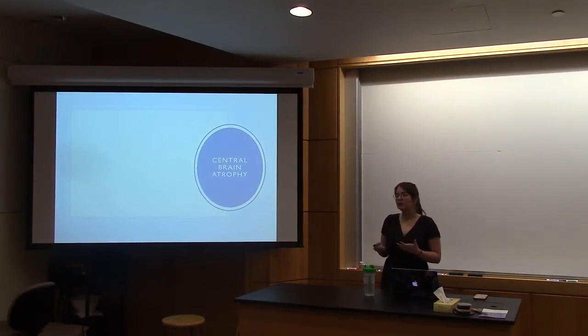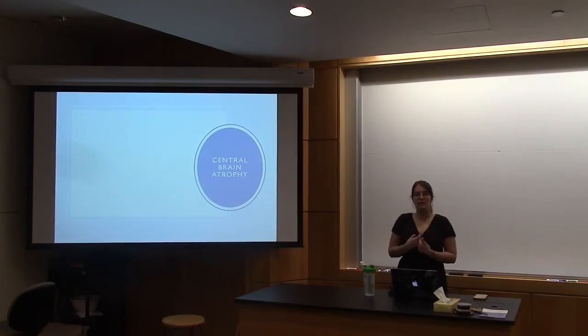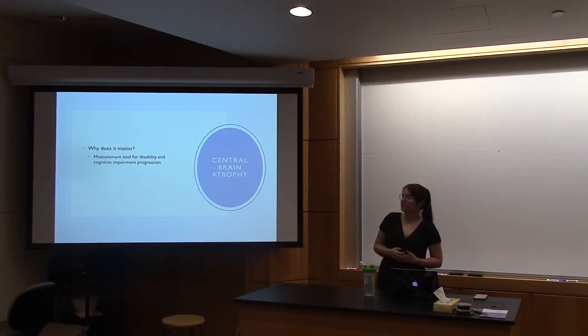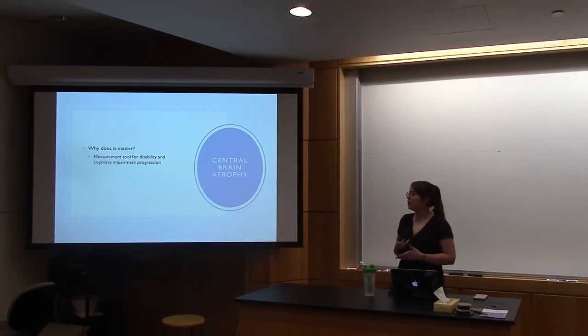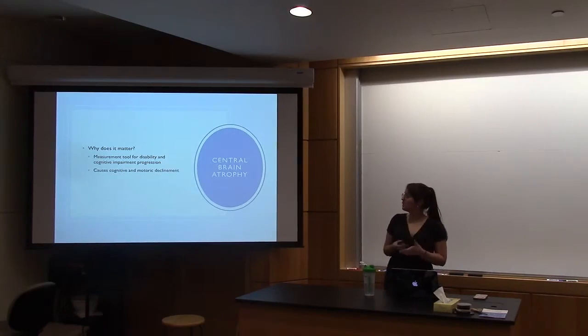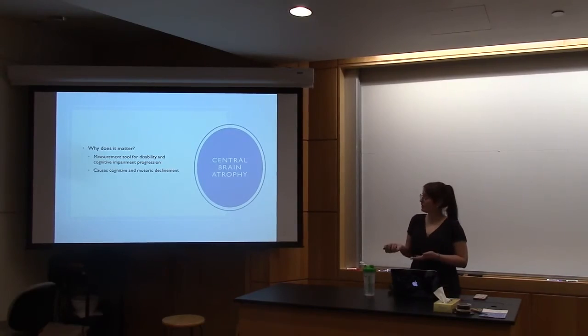So the most important part of the brain that my study focused on and that a lot of research is focused on is the central brain atrophy. So central brain atrophy is actually a great measurement tool for disability and cognitive impairment progression. Its enlargement can show us what parts of the brain are affected, and we'll be able to predict whether the patient will struggle with walking or talking, and actually we can really see clear demyelination in the brain. So, like I said, the central brain atrophy will cause a lot of cognitive and motoric declinement,